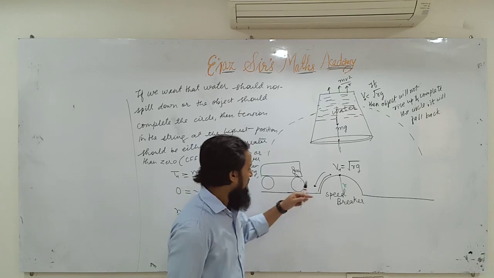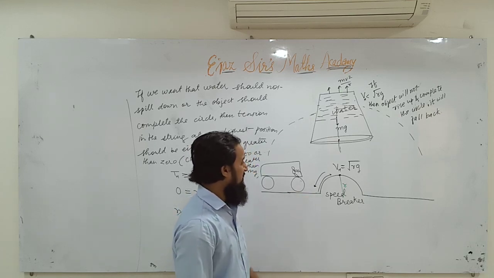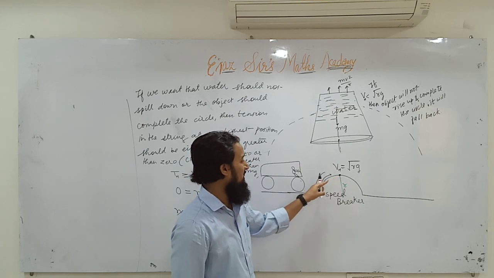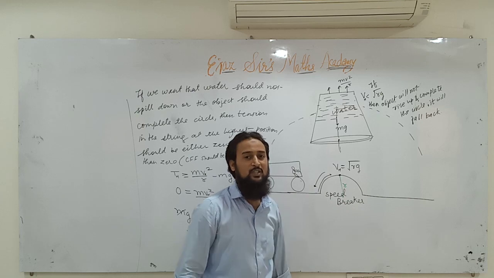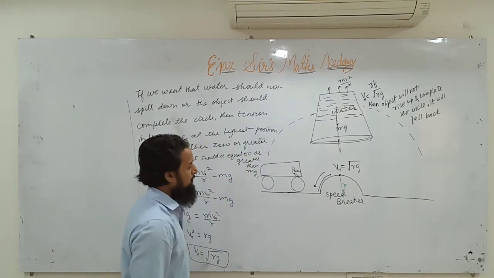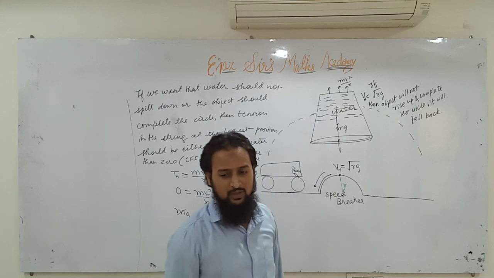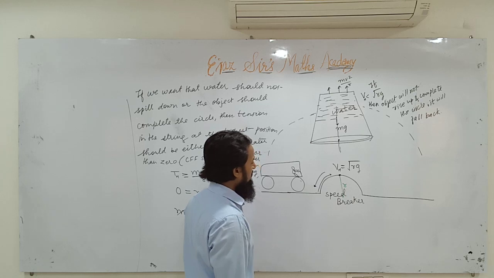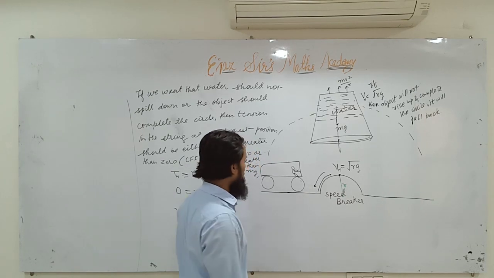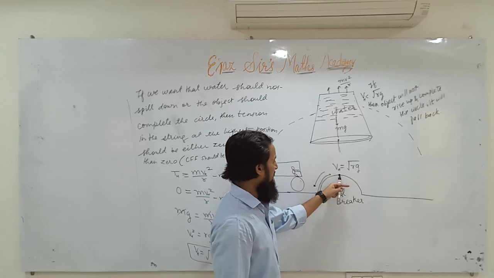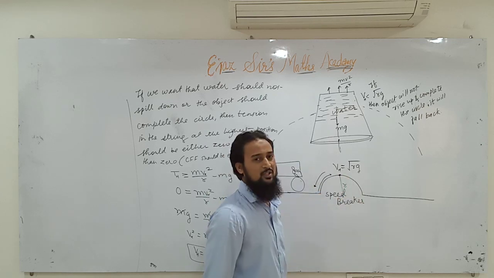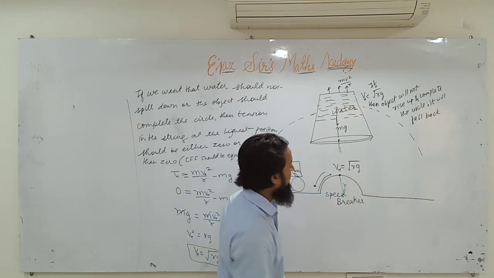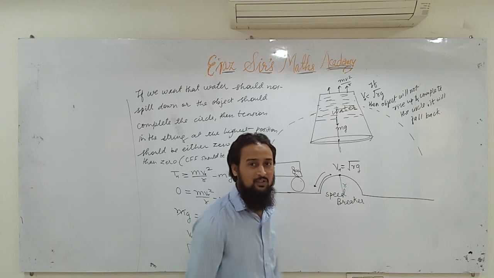Understood? So while designing a speed breaker also, they decide what particular minimum velocity should be there at the topmost position, so that we should be able to go to the other side. Understood? Let us first study this much only. Understood the speed breakers example? If you want to go here, your minimum velocity should be root RG. If your velocity is greater than that, it's very good. But it should not be too great, otherwise you will suffer an accident.